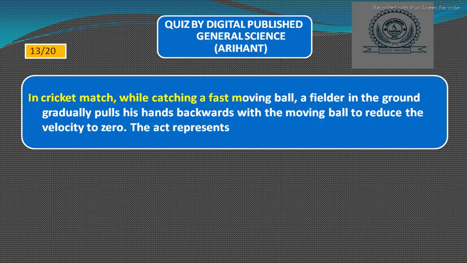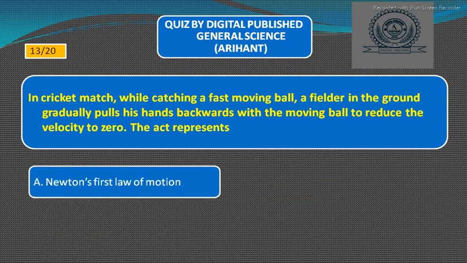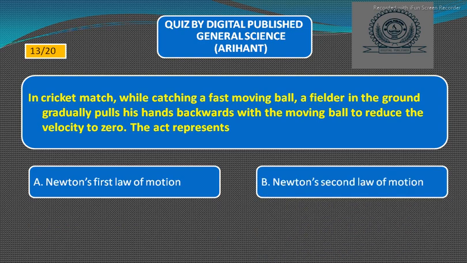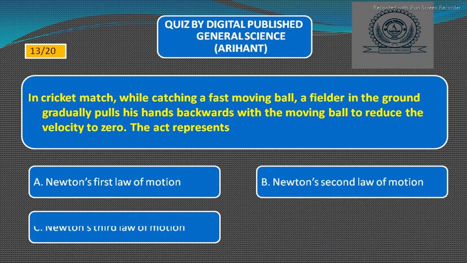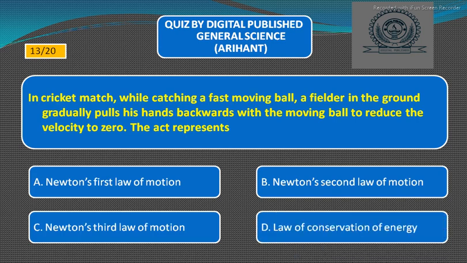In a cricket match, while catching a fast moving ball, a fielder in the ground gradually pulls his hand backwards with the moving ball to reduce the velocity to zero. The act represents option A, Newton's first law of motion, option B, Newton's second law of motion, option C, Newton's third law of motion, option D, law of conservation of energy. So the right answer will be option B, Newton's second law of motion. Next,